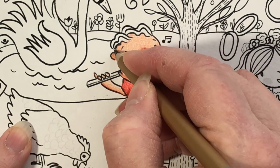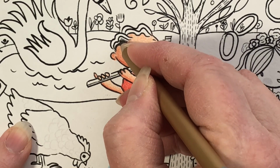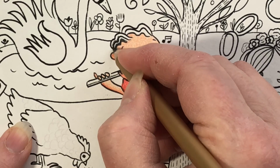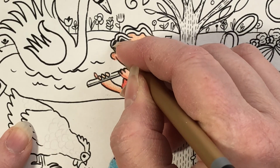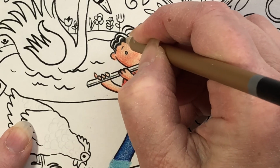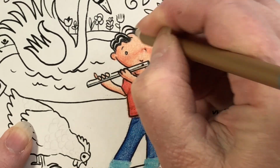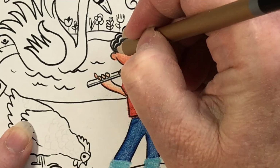So in my head, as I was drawing this little Piper, I thought it would be great fun to, first of all, give him jeans, make him kind of cool, and give him black, shiny Elvis hair. Not exactly, but close. I thought that maybe he combed his hair because he knew he was going to play the flute for his favorite girl. So all I did was take the black, which is number 33 in the Schpirerr Farben set, and I colored